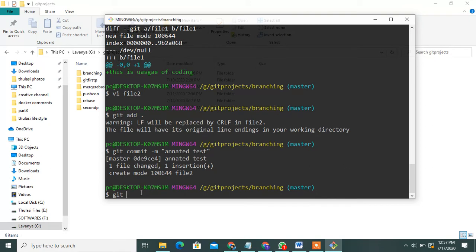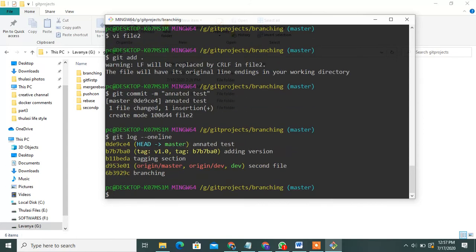Display also smaller. Okay, then git check the first of all git log -1 line. See, these are all last time add the v1.0. This is the latest commit in annotated tag. Then how to add this in particular message so we can identify what is annotated tag. Annotated tag is a meaningful tag. Okay, adding the message also.